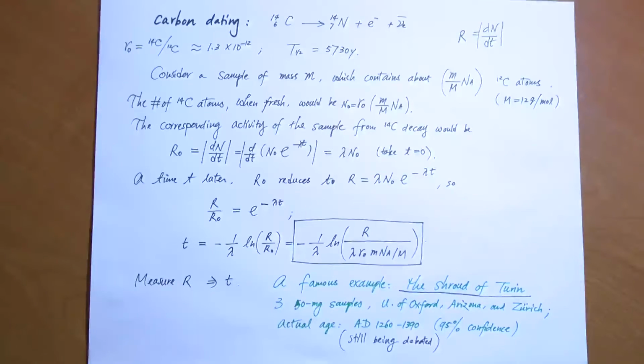For example, some argue that this piece of linen sample that was used in the labs was contaminated. How? Because on this very old piece of cloth, there could be a layer of bacterial growth. These bacteria were once live organisms, and they could be much younger than the cloth itself. And these bacteria could then have their own carbon-14 reservoir, which is a lot more reactive than an old depleted sample. So this is an argument against that, but